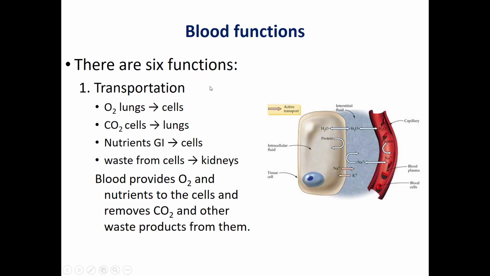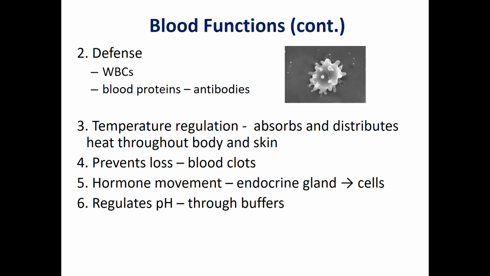Finally, the functions of the blood. The blood has 6 functions: transportation, as we said, for transport of oxygen and nutrients to the tissues, and the removal of CO2 and metabolic waste. Another function is defense through the WBCs, the white blood cells. Temperature regulation is another function of the blood. The blood helps in the regulation of temperature through